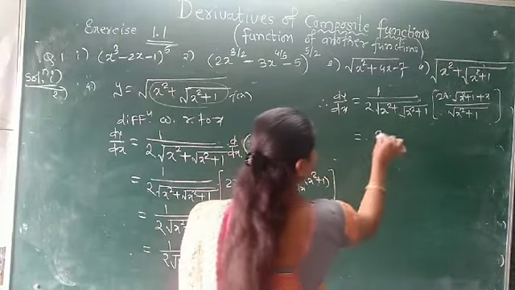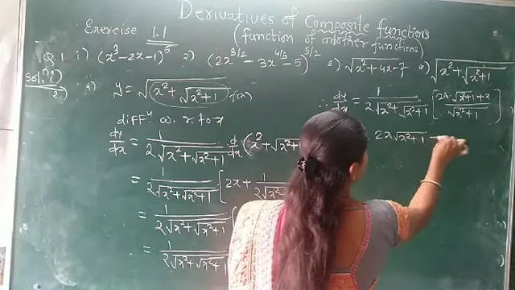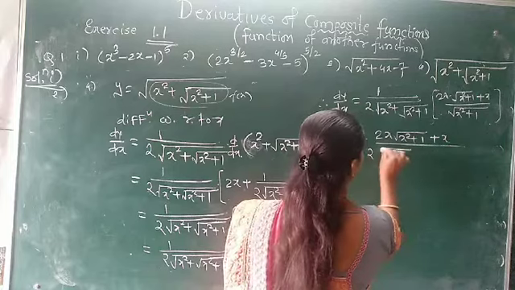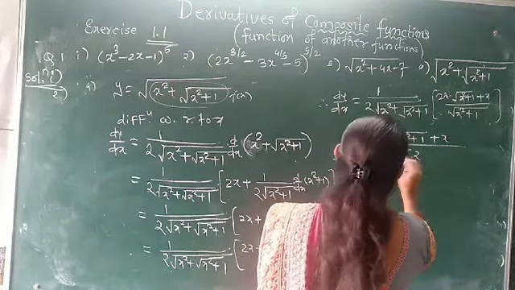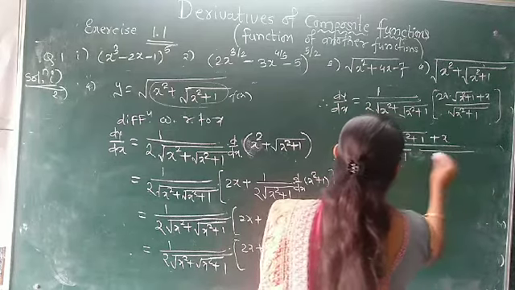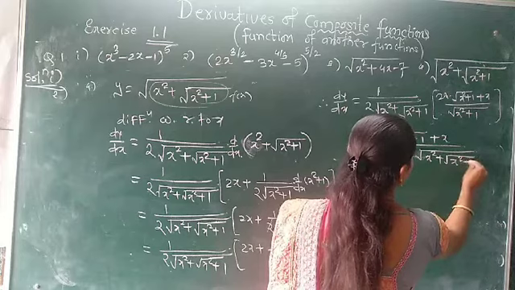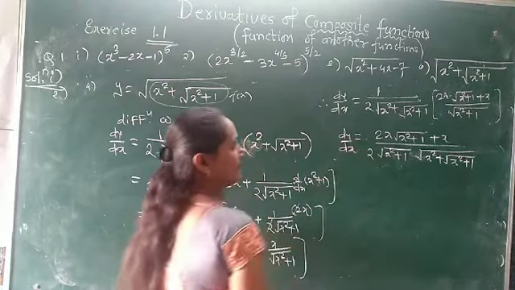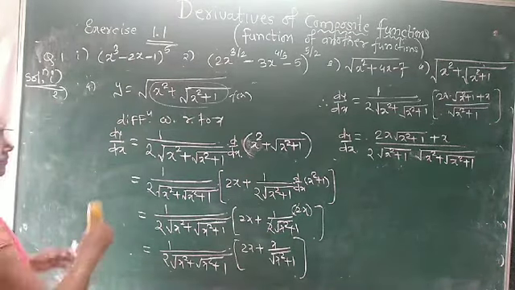Now if we arrange this term, 2x in root x square plus 1 plus x divided by 2 root x square plus 1 into x square plus root x square plus 1, that is our dy upon dx. Now next one,